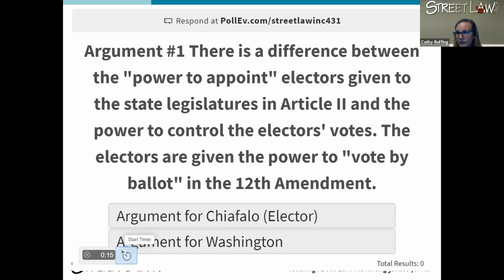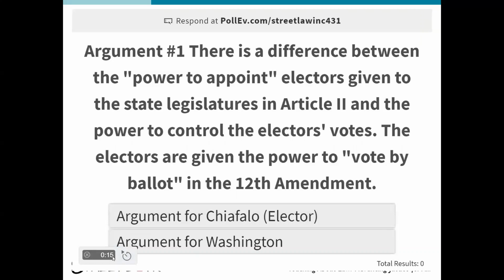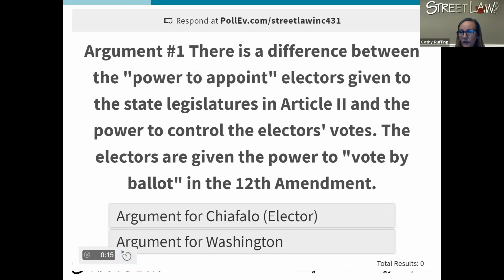I am not seeing the results coming in. Jen, do you have any idea? They'll show up on the next slide. Okay, the timer isn't working, so I'm going to go on to the next slide and see if it worked.